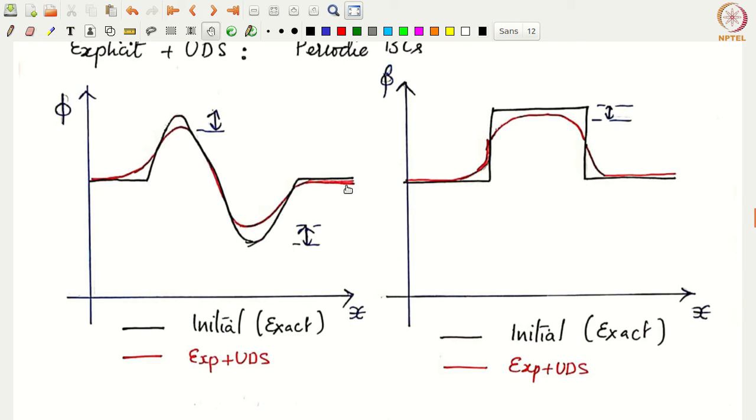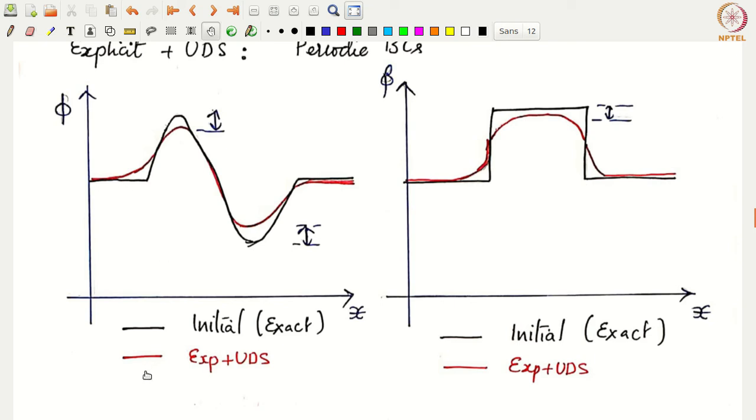And this sine wave, the exact solution also after one period, that means it will travel, it will come back to the same location. So we have solved the problem, let's say, for one time period, one period of this travel. So it has come back to the same location. So the exact solution also coincides with the initial profile. Okay, that is with the black one.